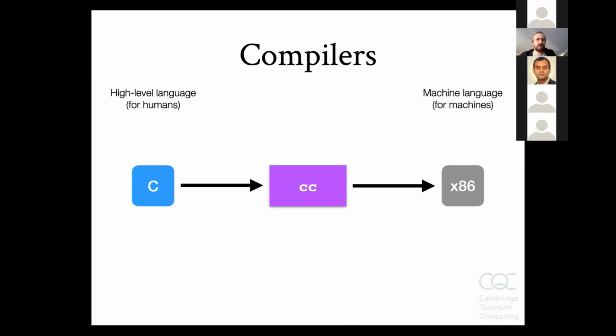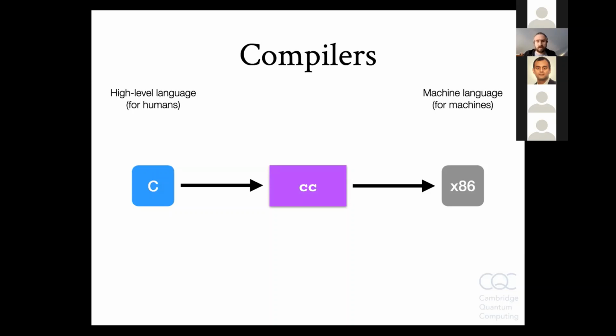So I'll be brief on what it means to be a compiler. When we're writing programs, we like to use high-level languages so that we can express our algorithmic intent in terms which make sense to us and make sense for our problem. And that high-level program would be translated by the compiler into machine code which can actually run. And of course, every machine has its own version of machine code.